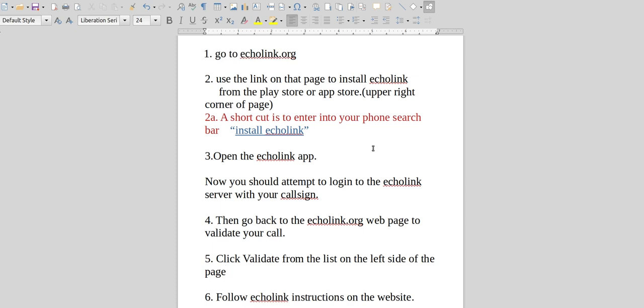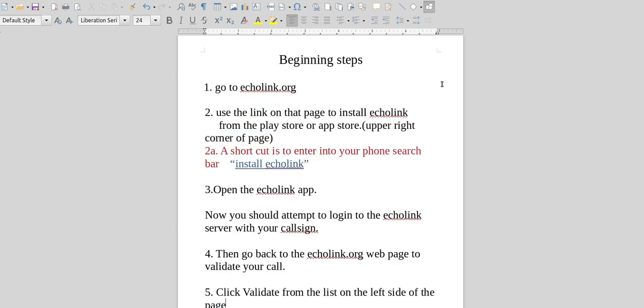Once the EchoLink app is installed, open EchoLink and then attempt to log in with your call sign into EchoLink. You should be able to give it your call sign. If not, go to settings and enter it there. So once you're logged in, you're going to want to go back to the EchoLink.org webpage and validate yourself. Click validate and follow the instructions. So let's go to that website,